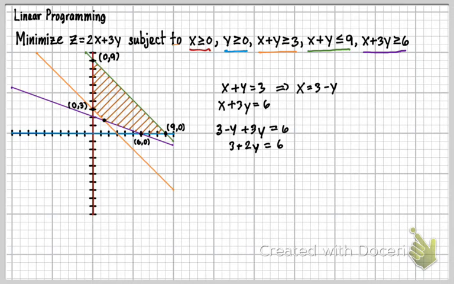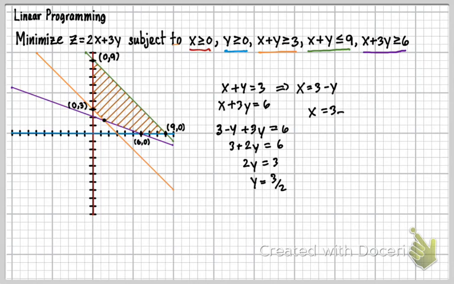Move the 3 over. So that's going to be a subtraction of 3. So that's 2y equals 3. And then y is going to equal 3 over 2. And then we plug that in for x. And which one will I plug it into? I'll plug it into this one here. It'll be the easiest. So then x is going to equal 3